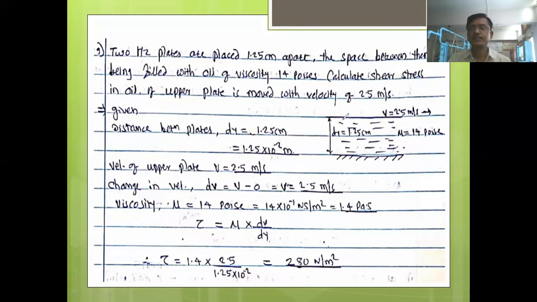One plate is now in motion at this place, the other plate is stable. So the doubt might have come in your mind that if both plates are in motion, then what velocity we have to take? You have learned this thing in dynamics, in the relative motion part. If this plate is moving in this direction and this plate is moving in this direction, then what do we have to do?